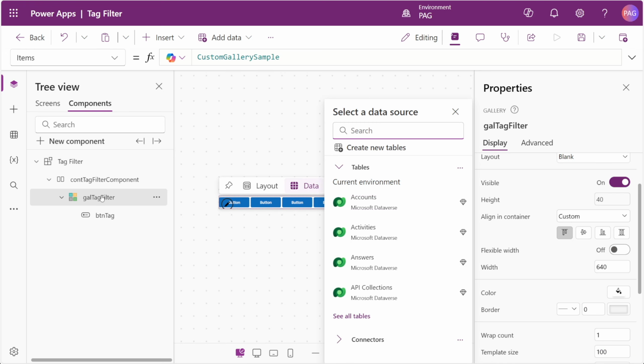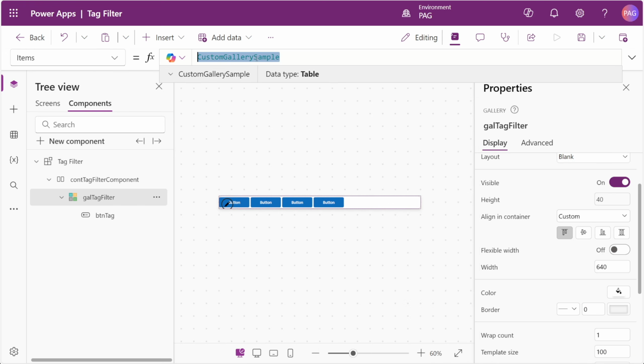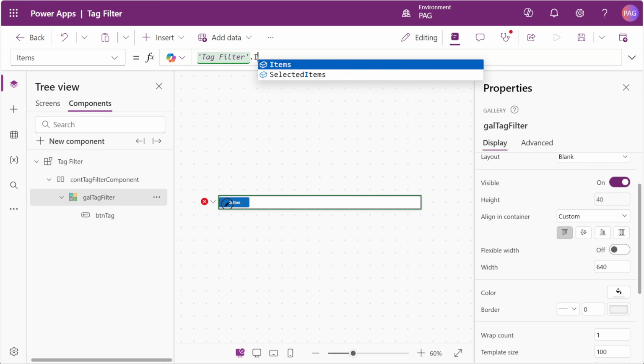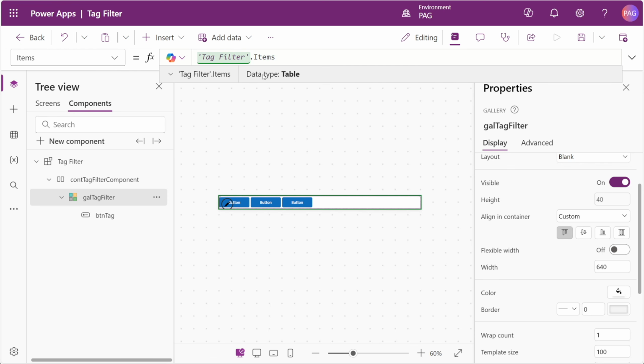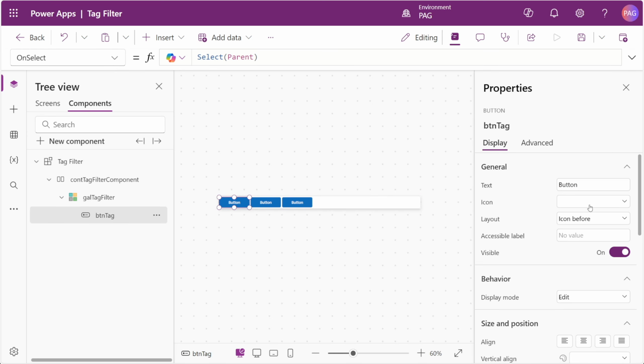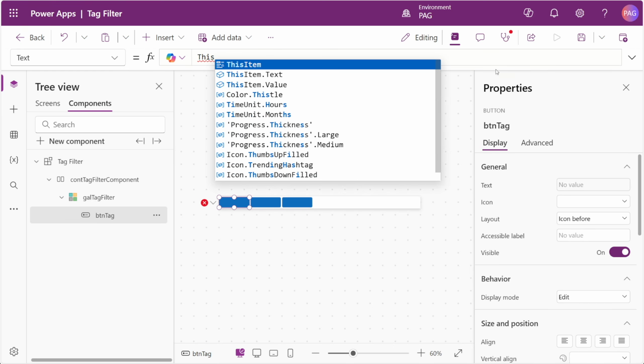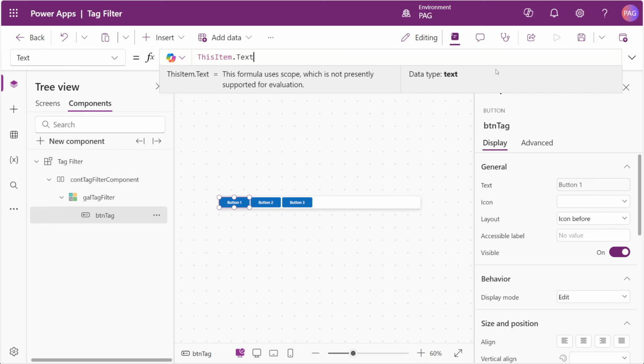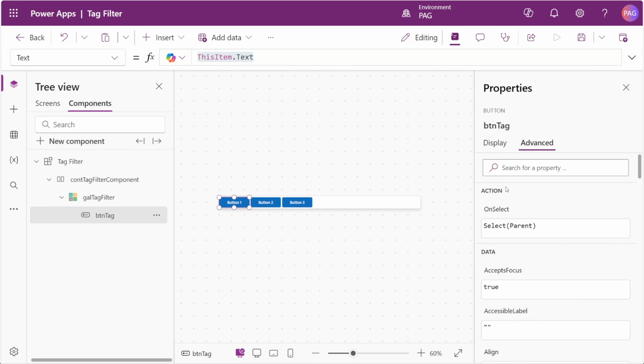Next, we can go to our gallery for our tag filter, and we'll replace the items property with the items from our component. We are going to have to set these items again, but for now we'll just set them here, and I'll explain why we'll change them a little bit later. Next, we can select our button, and we can go to the text property. We'll start to fill in the different values from our items of the component, like the text of the button being this item.text. If we go to the Advanced tab and we go to the onSelect property of the button,